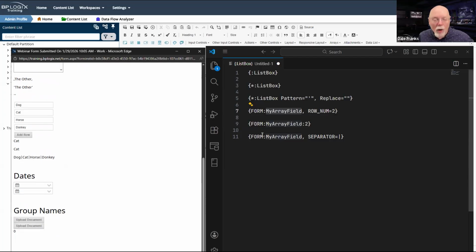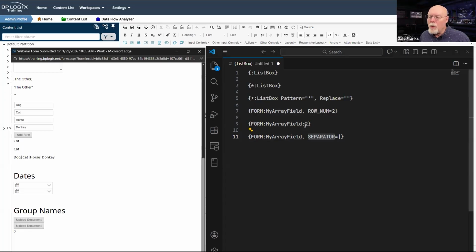In fact, the only reason that I'm not seeing a comma separated list here is because for these two values, I'm finding the data in a specific array row. And for this value, I'm using the separator modifier to specify that the separator be a bar. Otherwise, it would return it as a comma separated list, and the separator would in fact be a comma.